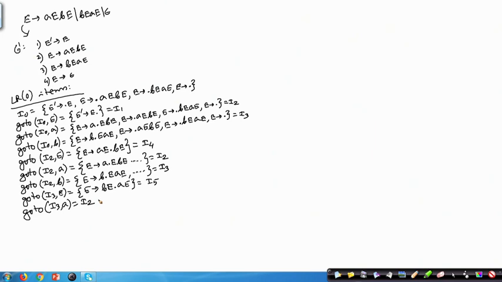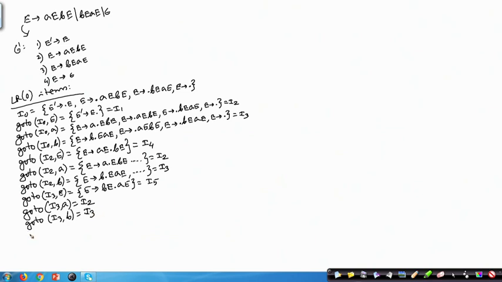Go to I3 A is I2. Similarly, go to I3 B. I3 B will give me B dot etcetera. So that is equal to I3. So this will be equal to I3.